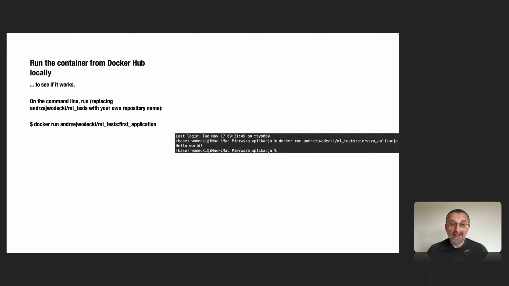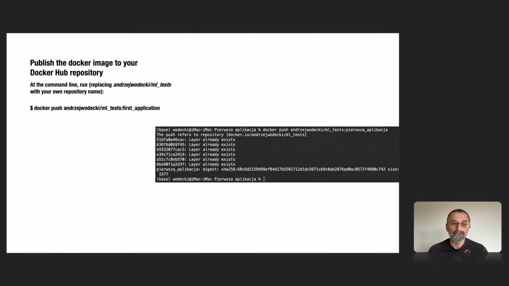We simply check whether the Docker runs. So we can, once again, docker run, and now we should put the whole new name of our Docker file just to test whether it runs locally. So we do not push it to the repo yet, just a sanity check that everything works perfectly locally. And then if it's good,